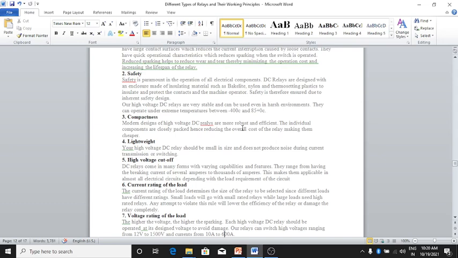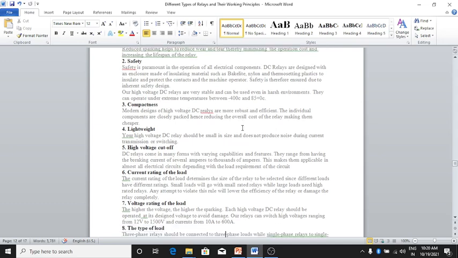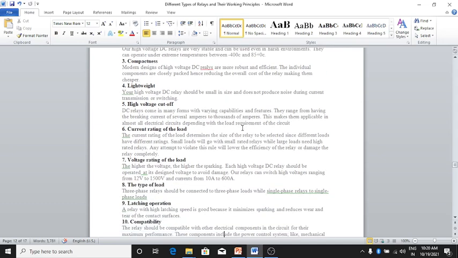Current rating of the load. The current rating of the load determines the size of the relay to be selected, since different loads have different ratings. Small loads will go with small rated relays, while large loads need high rated relays. Any attempt to violate these rules will lower the efficiency of the relay or damage the relay completely. Seventh is